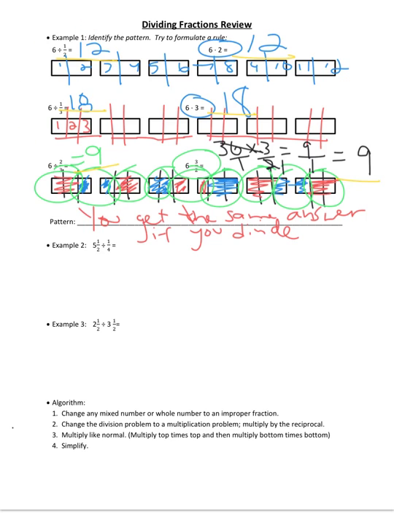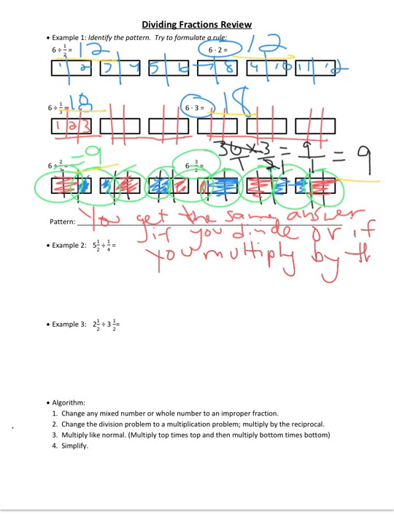We got the same answer if we had changed the problem into multiply, but the trick is 1/2 became 2 when we were multiplying. 1/3 became 3, and 2/3 became 3/2. So we didn't just turn the problem into multiply. You get the same answer if you divide or if you multiply